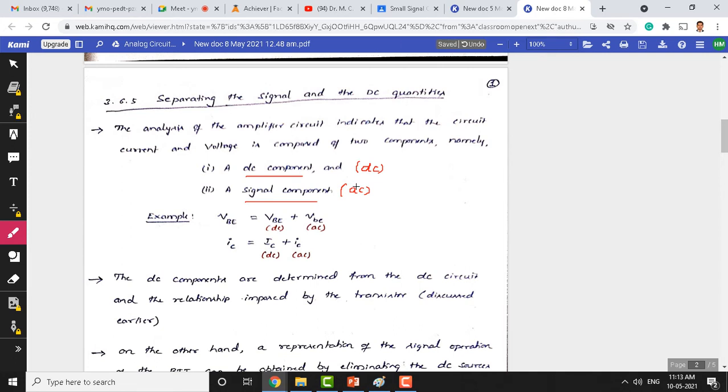When a circuit has both DC and AC components, which theorem do you usually apply in network theory? Any guesses? To find the overall voltage, I am saying. Suppose any circuit is given to you, network theory based or any resistor based circuit, which has both DC sources and AC sources, and I ask you to find the overall voltage at the output resistor, which theorem is applicable? Anybody, any guesses?